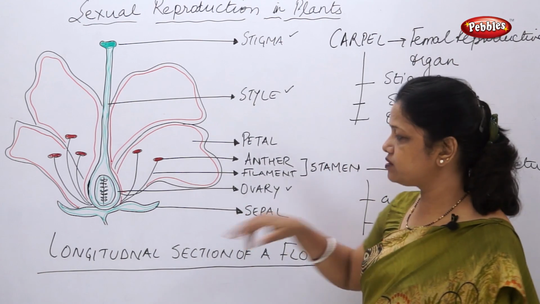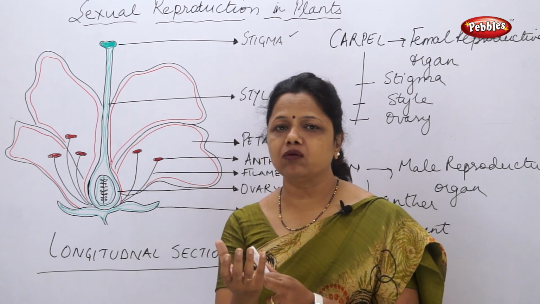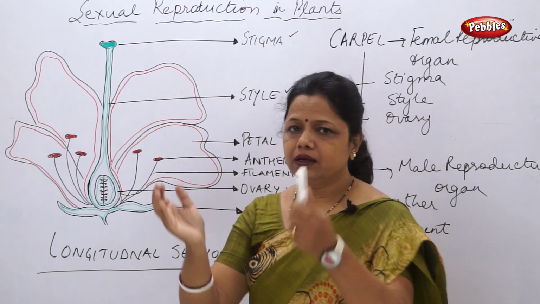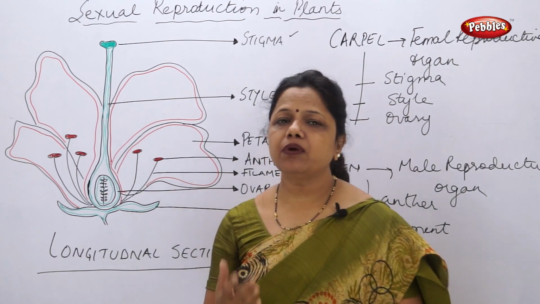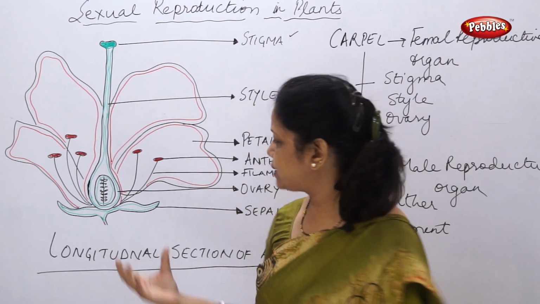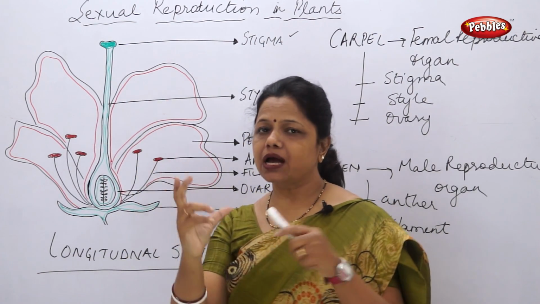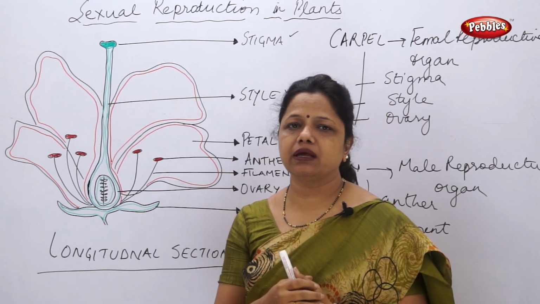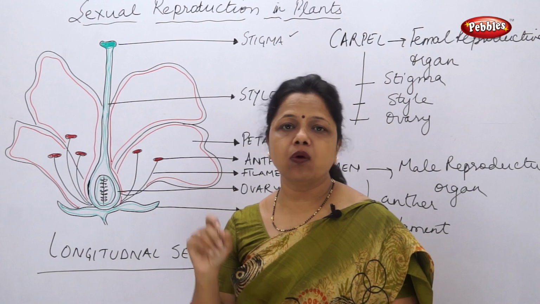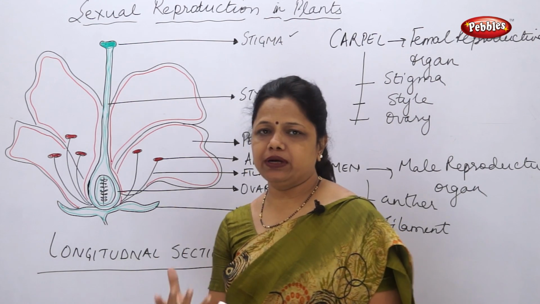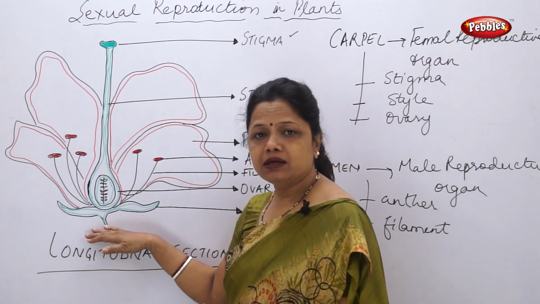And what is the use of sepal? Now every flower you will see that it is protected down by the green colored leaf-like structure that is called a sepal. Now what is the importance of sepal? Sepal actually is protecting all the petals. When 5 to 6 petals are there, it is called a whorl of petals, W-H-O-R-L, whorls of petal, and the whorl of petals is protected by sepals.